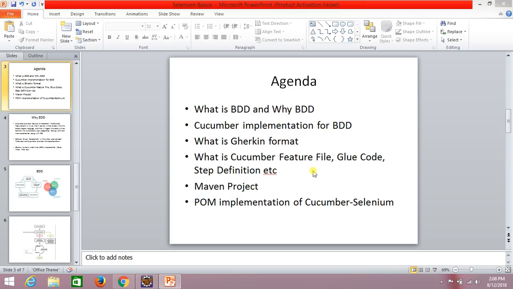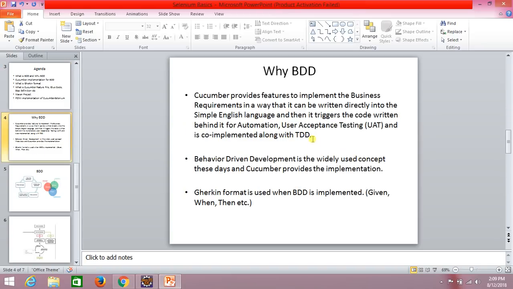So firstly, I'd like to discuss what is the need of these things, because if you have heard about BDD, it is basically behavior driven development. This is the widely used way of implementation in the automation realm. I have written a few things in my own language, so it's easy to understand. So why BDD? When we are talking about BDD, then Cucumber comes in itself, because Cucumber provides you the platform via which we can